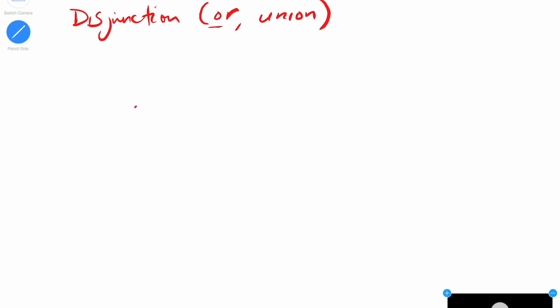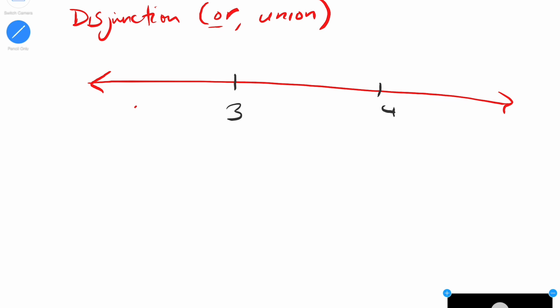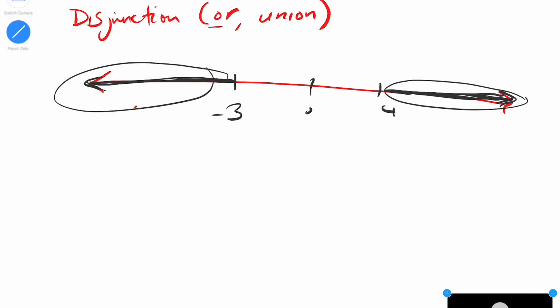The disjunction part. Okay, so let's take a look at the graph for disjunction. We have three types. The first type is this one right here. So the answer is either less than -3 or bigger than 4. Okay, they do not have to overlap. So any answer over here is an answer, any answer over here is an answer. Okay, that's one type. The second type is